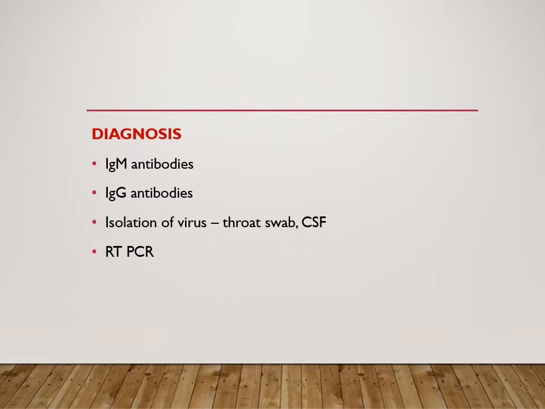So it is being said that after 9 months we can expect that IgG antibodies are that of the child. So after that we can suspect this rubella infection if we are going for IgG. Then we can also isolate the virus from a throat swab or CSF sample. So we can have the isolation, or the molecular technique RT-PCR.